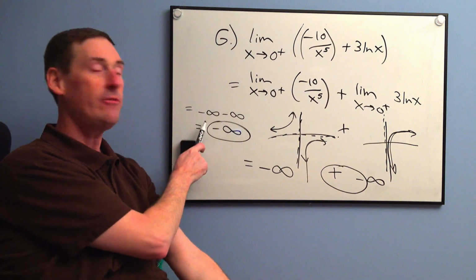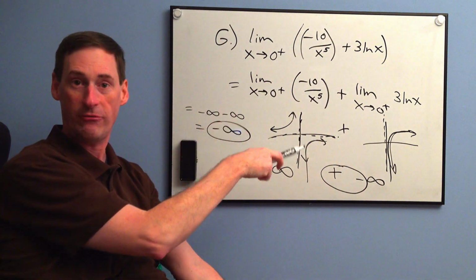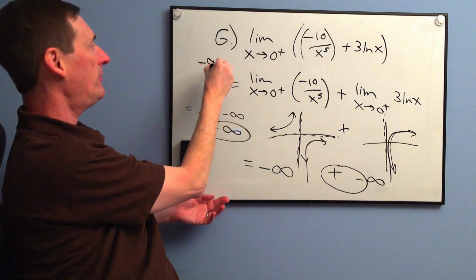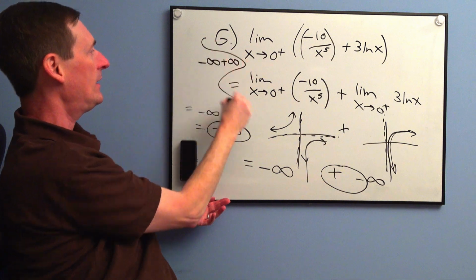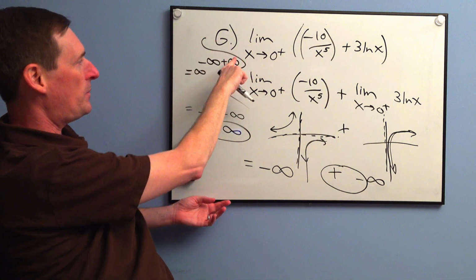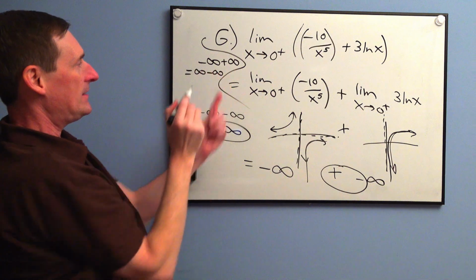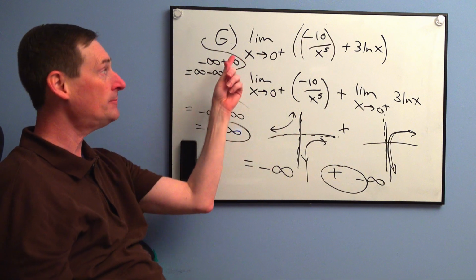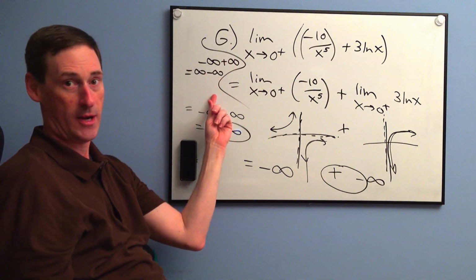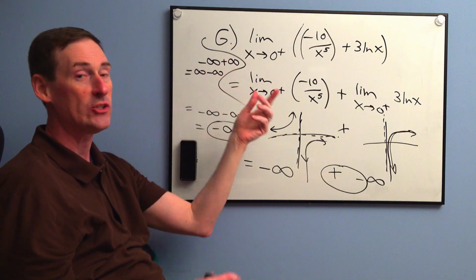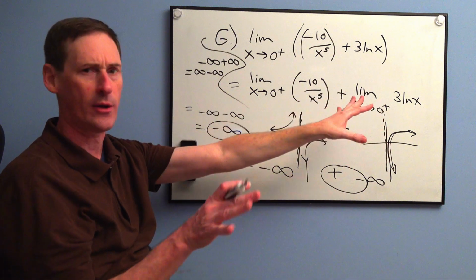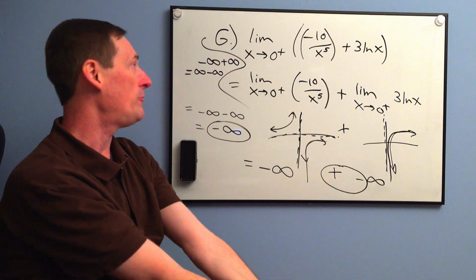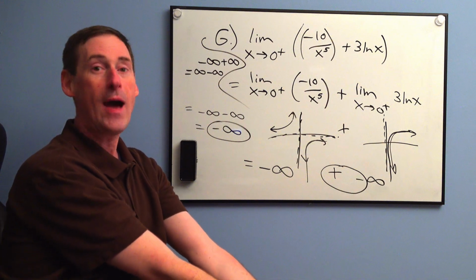What if that had said negative infinity plus infinity? That would have been a problem. Isn't negative infinity plus infinity the same thing as, let's put the positive infinity first, isn't that actually infinity minus infinity? So if you had a plus sign in the middle, that would have been indeterminate, because then you're thinking which infinity is stronger. I don't know. Even if you know it's a natural log, that's not enough information. So that would not have helped you. That would have been indeterminate, and that would have been a